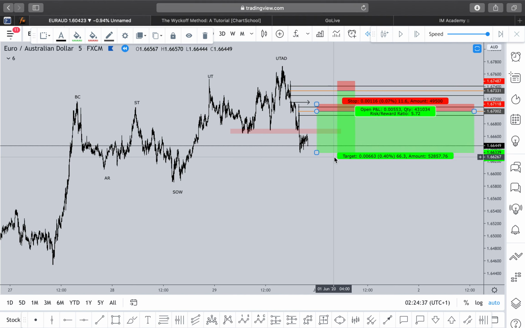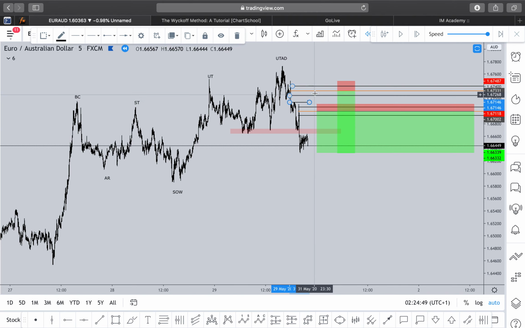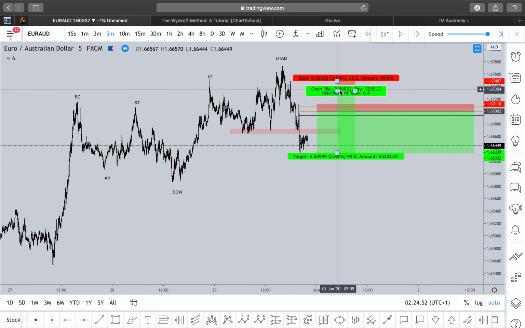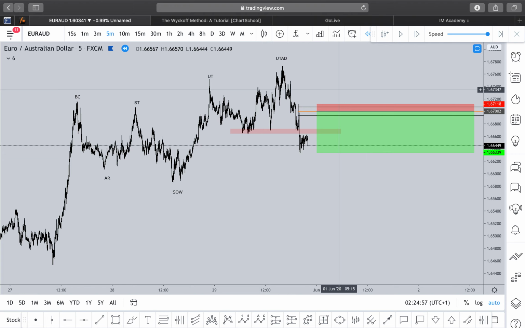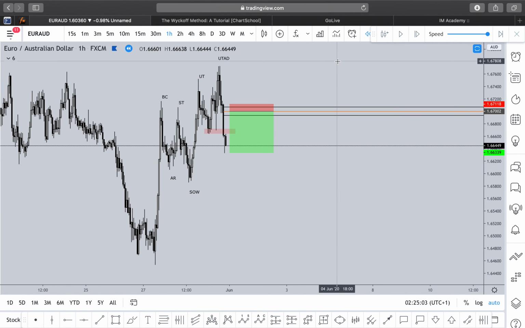And that's just down to this low over here. We'll be looking at potentially a 1 to 5 and a 1 to 6. So that the risk to reward is amazing. So that will obviously give us back the lost percentage. When you're looking at high risk to rewards, even if you're walking away with 50% accuracy, you're laughing. That's amazing, right? But anyway, point of reference for this take profit on the hourly time frame,